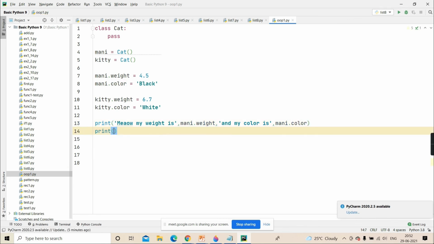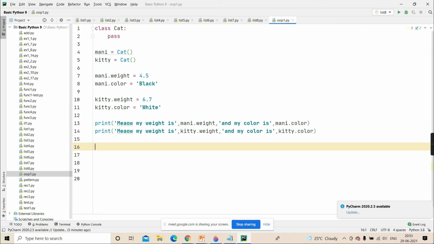Similarly, I am printing Kitty's data also. Meow, my weight is kitty dot weight, and my color is kitty dot color.